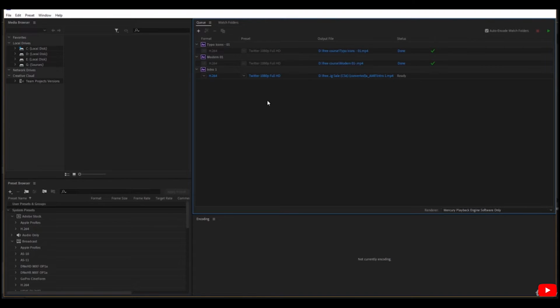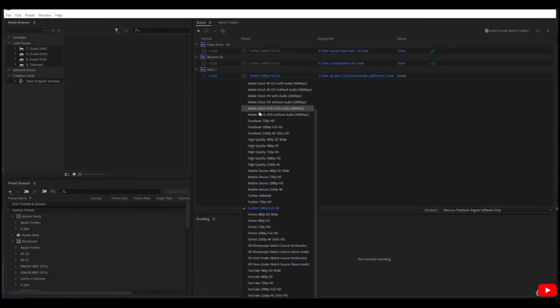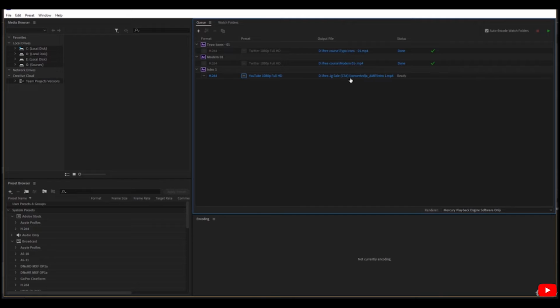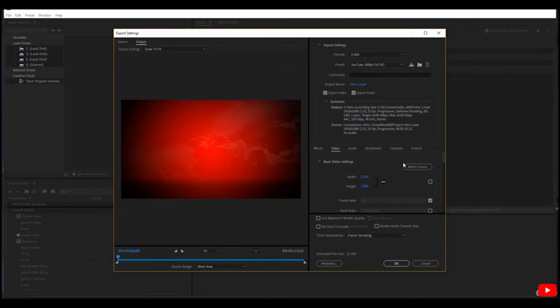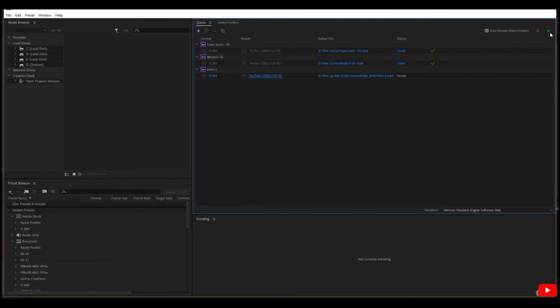Adobe Media Encoder is a free Adobe program that you can download and install when you buy one of Adobe's programs. It's a very powerful program. You can choose the quality and the type of video you want, for example YouTube 1080, and you can adjust the settings of rendering as you can do in After Effects, and you can render it,